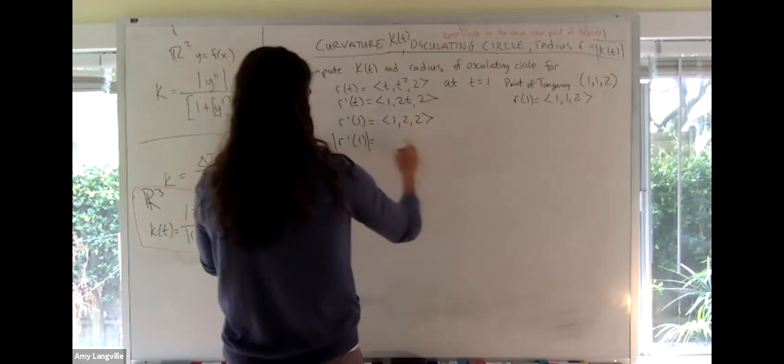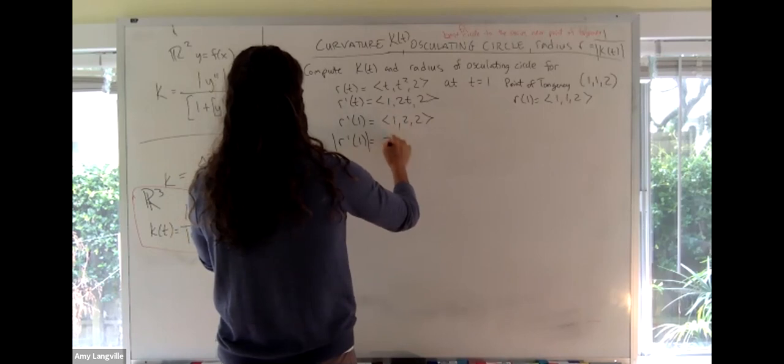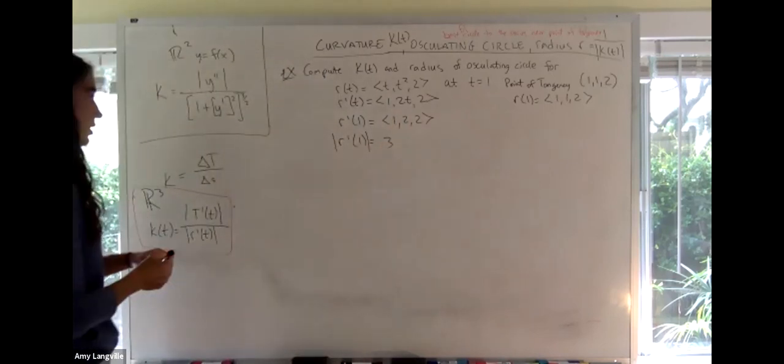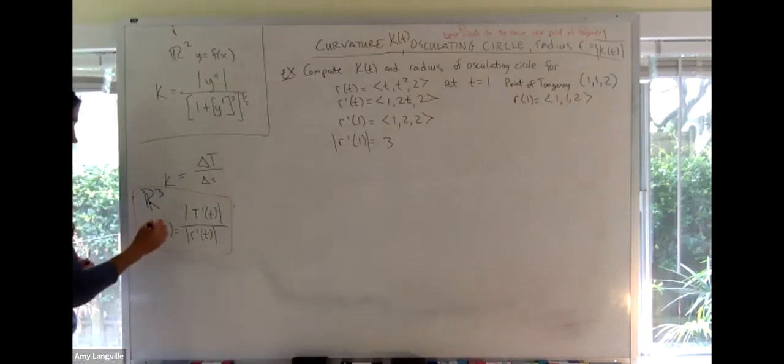is the square root of the sum of the components squared. So that's 1 plus 4 plus 4 is 9. Square root of 9 is 3. Oh, that worked out nice. That's our denominator then, because we're trying to get k of 1. So we want 1,